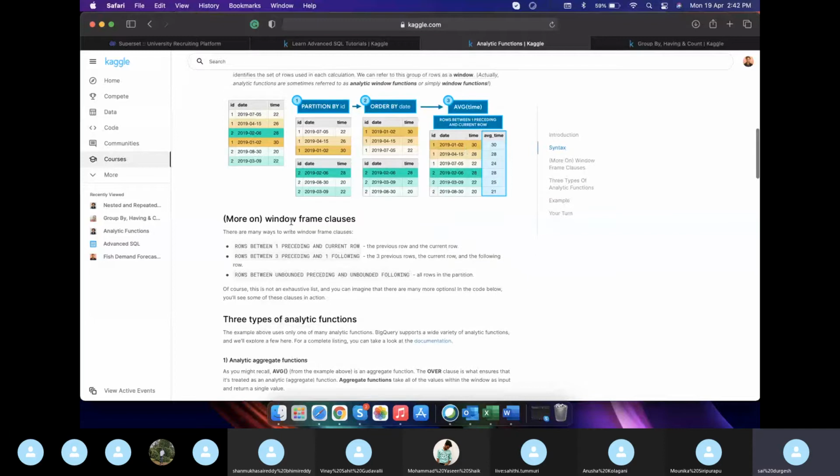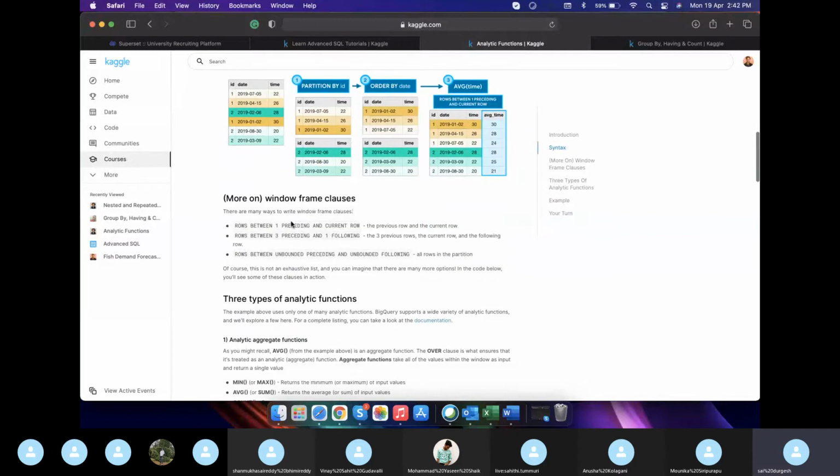There is more on the window frame clause, like rows between one preceding and the current row. This implies the previous row and the current row. Rows between three preceding and one following implies the three previous rows, the current row and the following row.